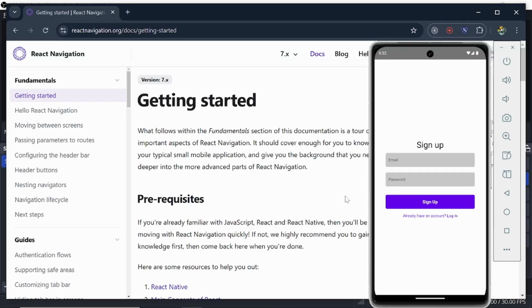So mainly in this video we are going to see how we have used React navigation, and also how we have cleaned up our code. Okay, so let's start. So here you can see I'm having this page, sign up, and if I click on